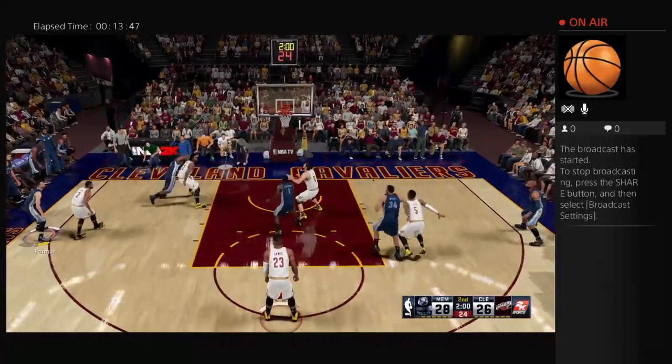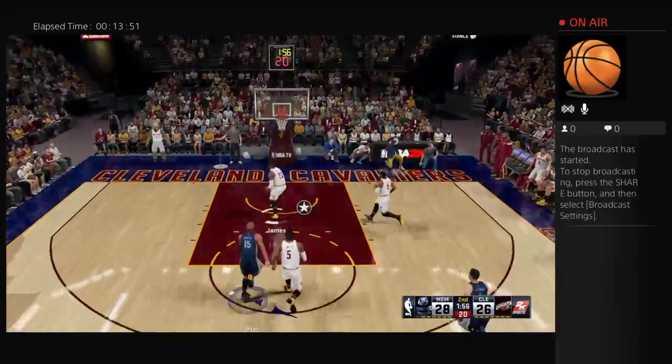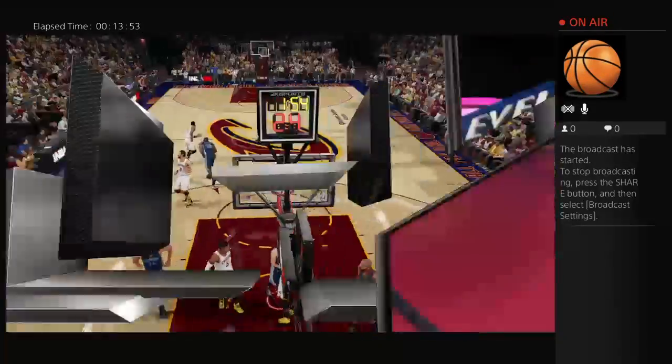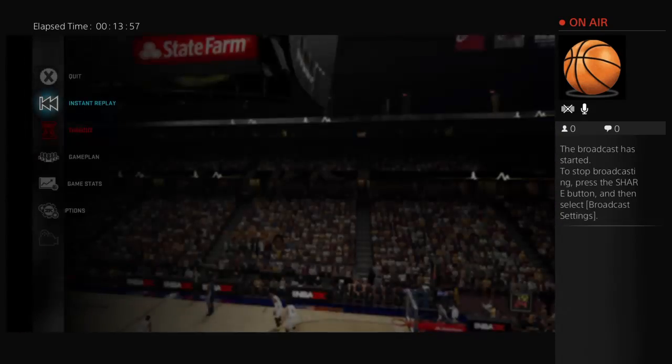Farmar. A three-pointer off the mark. Cavaliers trailing. Oh, and here comes Smith. All alone. And the dunk by James. Now, this is...